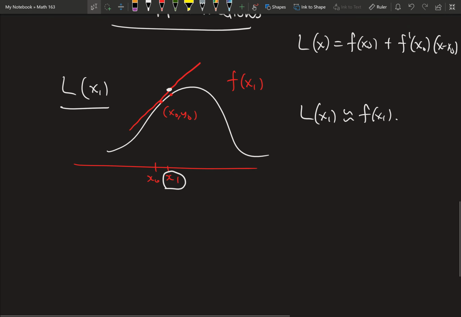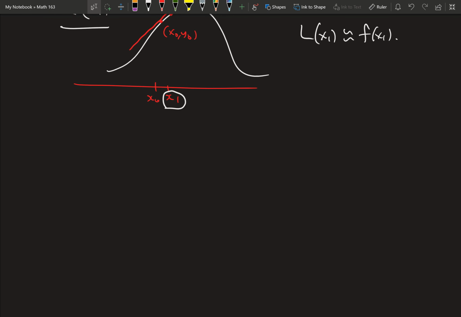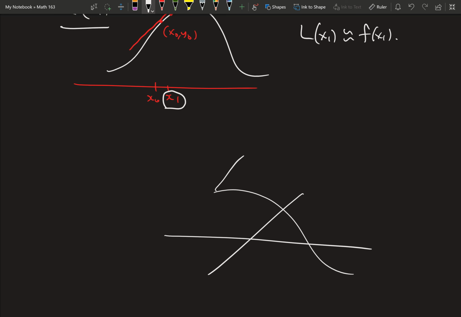And the same thing holds true in multiple variables. So we have, say, some surface here going like this, and we have a tangent plane at some x naught, y naught, that's lying just above it, or tangent to it. Here this corresponds to the base point x0, y0. If we take some point nearby in the domain, let's call that x1, y1,